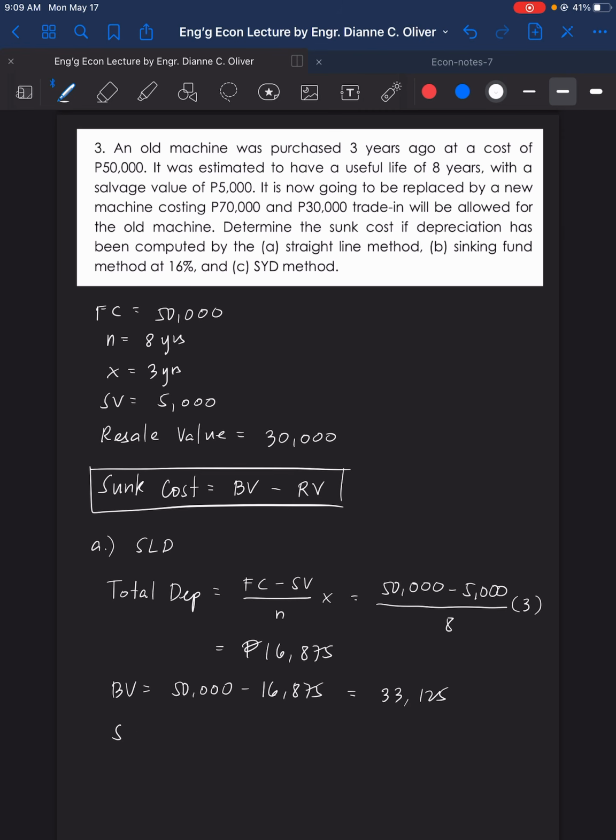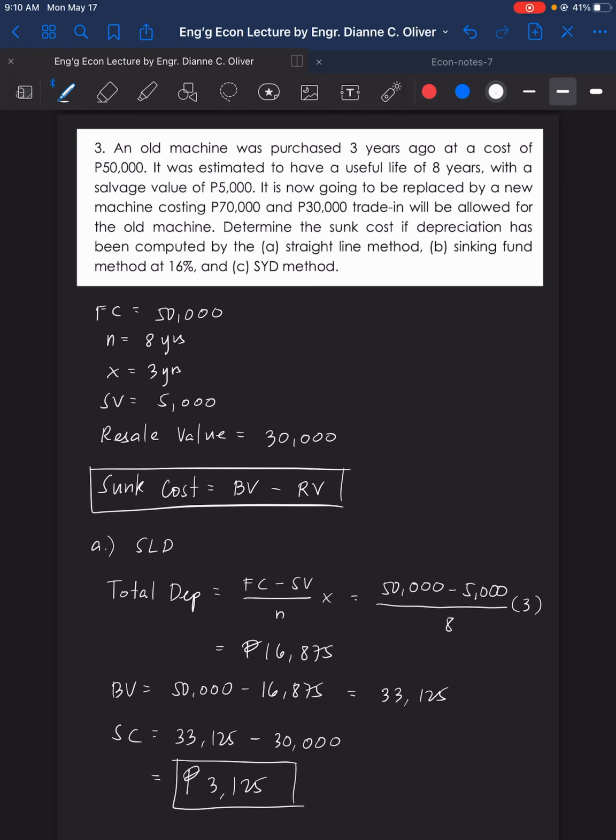Therefore, sunk cost is now equal to the book value, which is 33,125 minus the resale value of 30,000 pesos. So sunk cost is now equal to 3,125 pesos. So that's for the straight line